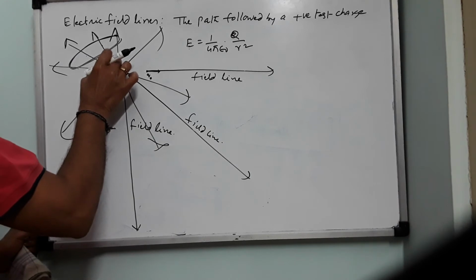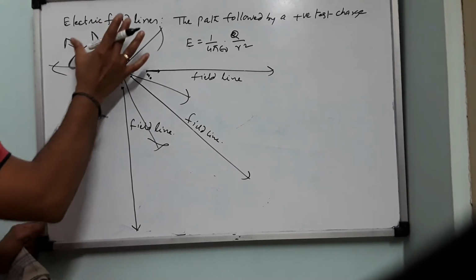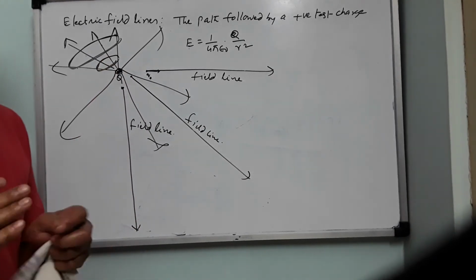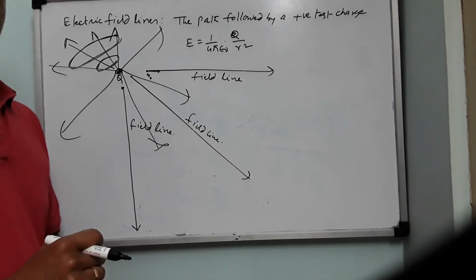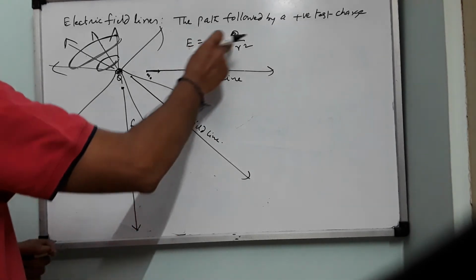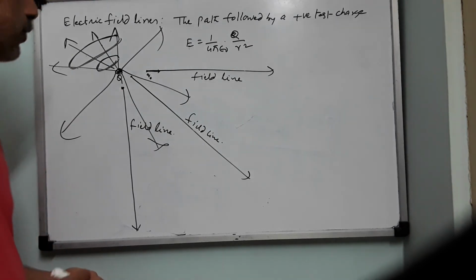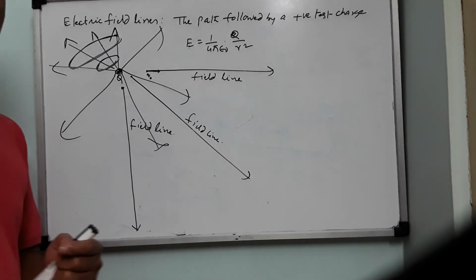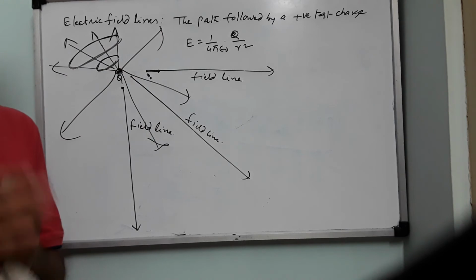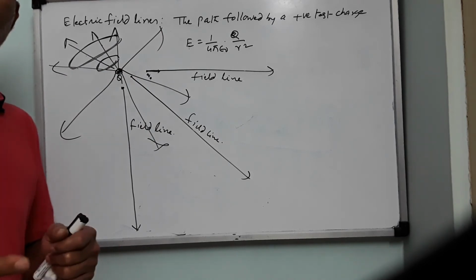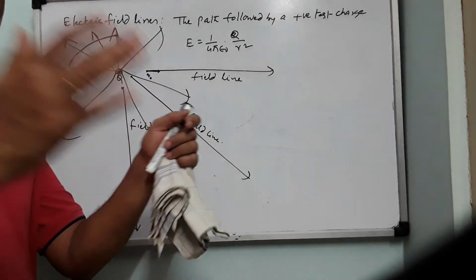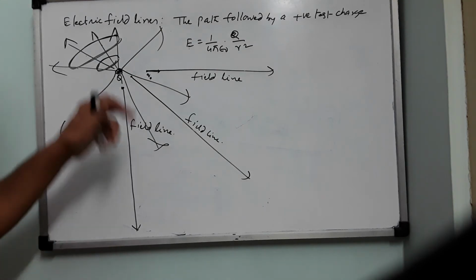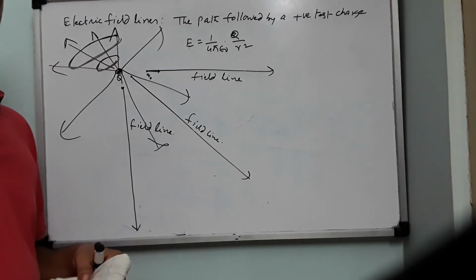Here also there are 4 lines, and here also there are 4 lines. But the 4 lines are diverged to a large area here, and converging to a small area there. So the relative grouping of the electric field lines will indicate the electric field strength. You should not always need a mathematical formula to calculate electric field strength; you can also use the concept of electric field lines to determine the strength of the field. Near or around the source charge, if you find field lines are very much crowded, you can state that the field is very strong there. And if they are departing away from each other, then you can say the field is decreasing. This is the concept given by Michael Faraday regarding electric field lines.